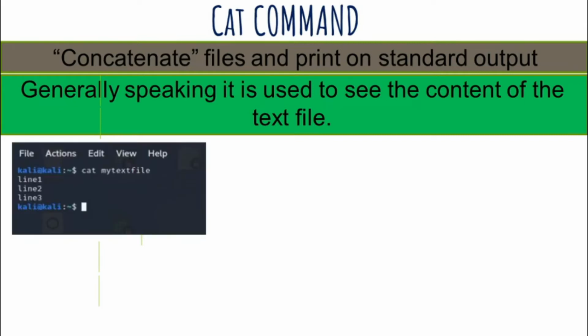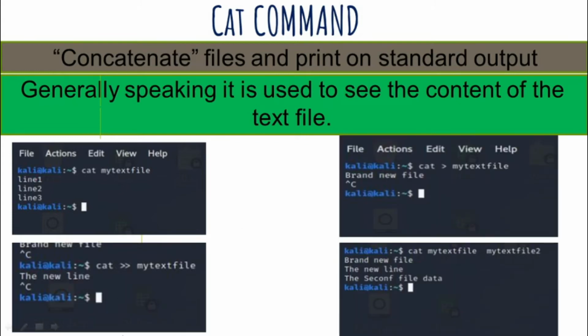Cat comes from its functionality to concatenate files, meaning to merge things together. These are a few screenshots of cat commands.